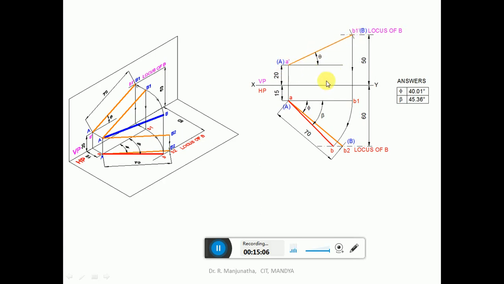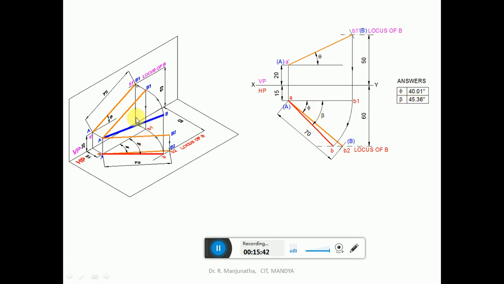So we have to find out the apparent inclination in the top view, I mean the apparent inclination with respect to VP. You have drawn B1 dash; draw a vertical projector to AB1, which is parallel to VP. With A as center, taking the radius AB1, draw an arc such that it cuts the locus of B in the top view, B. Join A to B; this is the beta inclination. So we have phi, the true inclination with respect to VP, and the apparent inclination with respect to VP. So we got this.